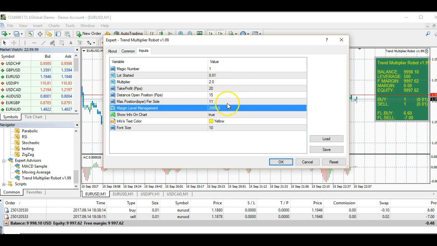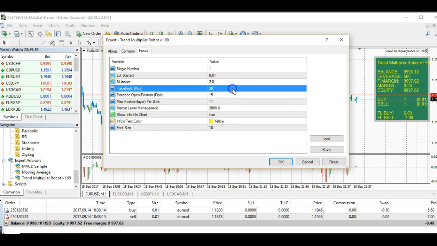It will wait for the live open trades to close, and once the margin level goes back above 2000%, it will open up again. The good thing about this EA is hedging, which means you open up buy and you are also doing sell, both using the same